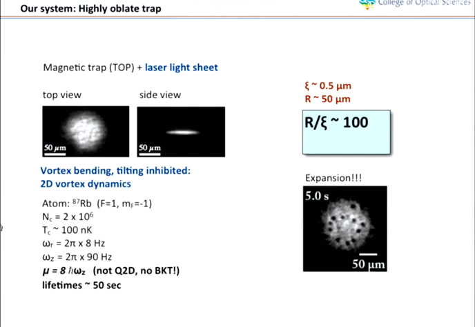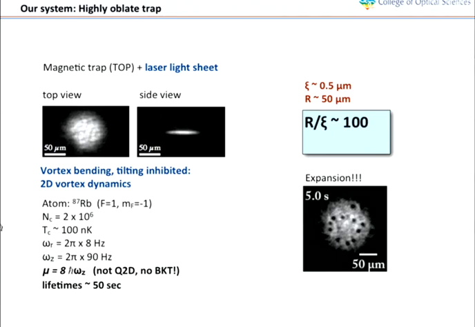These are in situ pictures. This one on the left is looking down the tight axis, and this one is looking along the side in the plane of the trap. We see this pancake. What we see is a pancake-shaped condensate. In this trap, vortex bending and tilting are inhibited, and this puts us in the regime of two-dimensional vortex dynamics,